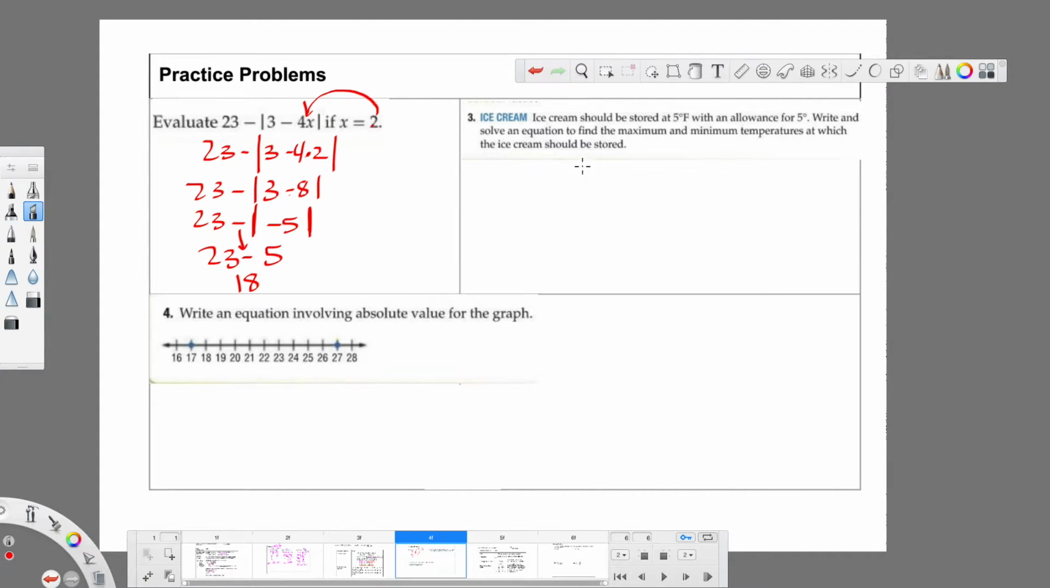All right, ice cream should be stored at 5 degrees Fahrenheit with an allowance for 5 degrees. Write and solve an equation to find the maximum and minimum temperatures at which the ice cream should be stored. So for this guy, we want,